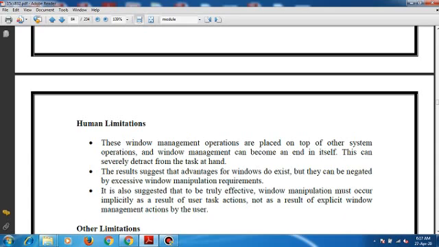On top of it, we have plenty of window management operations. This in turn detracts the end user from doing their tasks. These window management operations are placed on top of other system operations, and window management can become an end in itself. This severely detracts from the task at hand.